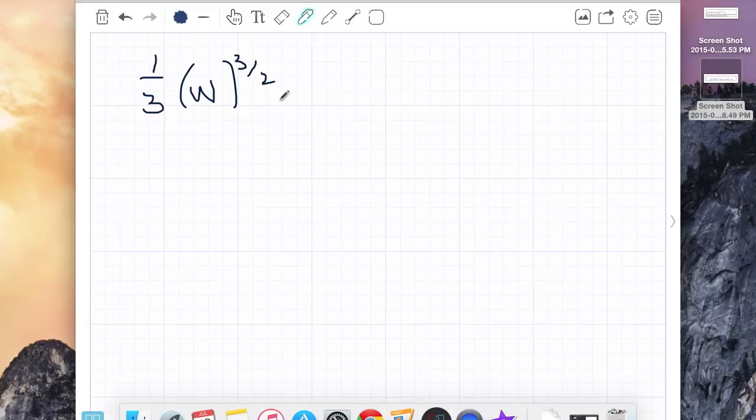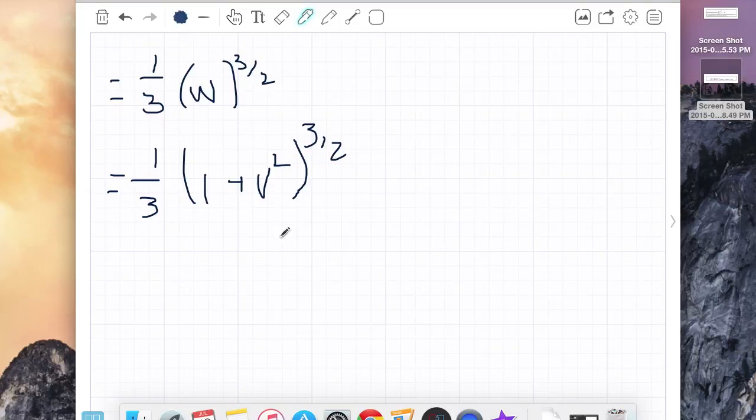And then, because w equaled 1 plus v squared, we get 1/3 times 1 plus v squared, to the 3 over 2, and we know that v equals sine of u, so that means